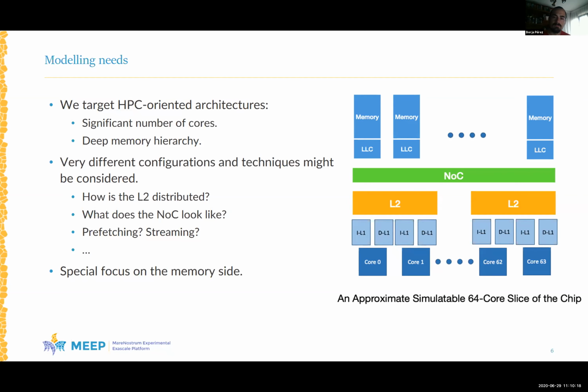So for now, this is an example with just 64 cores. We're ignoring coherence, and we consider this enough to get significant and meaningful results to make decisions regarding the architecture that we are going to build in the future and then turn into RTL.